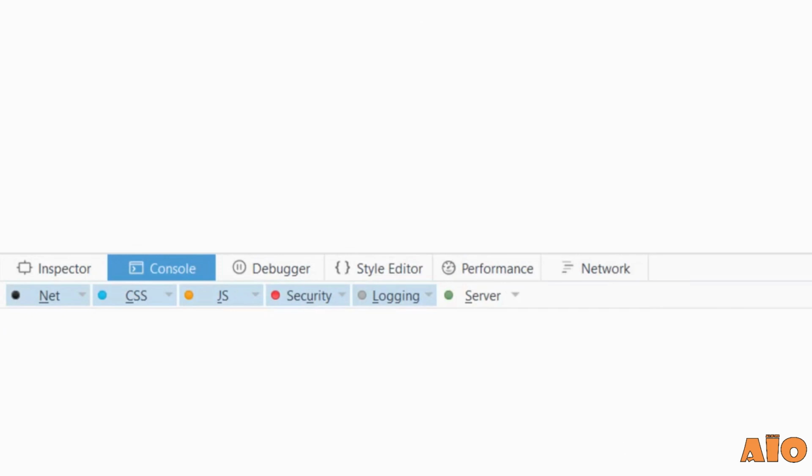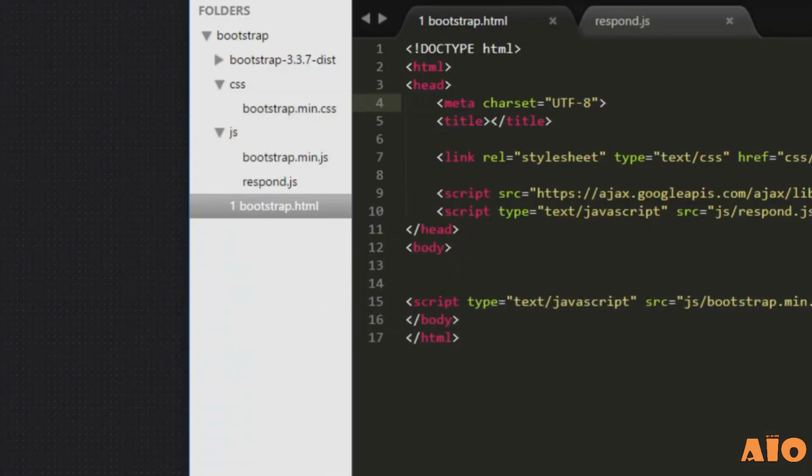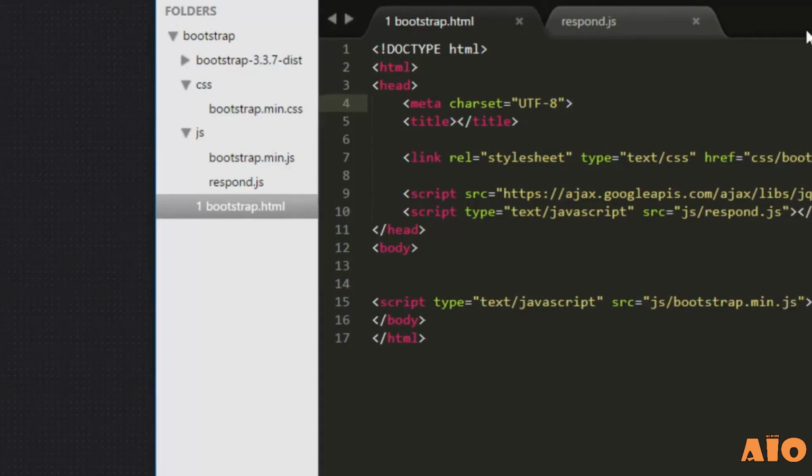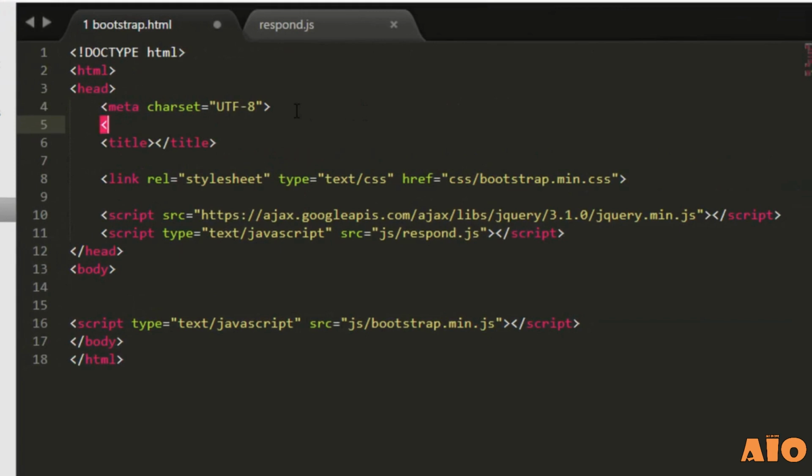Now there is another thing which we need to do. That is, we need to add a line of code just to make sure that we are moving ahead properly for responsive design. And that is, you need to write here meta name equals viewport, content equals width equals device width, initial scale equals 1.0. So this meta viewport element gives the browser instructions on how to control the page dimension